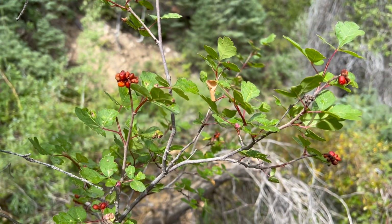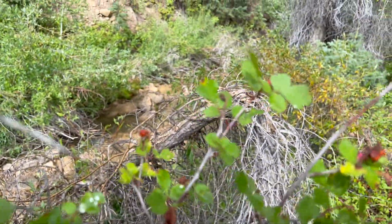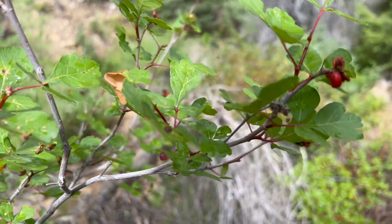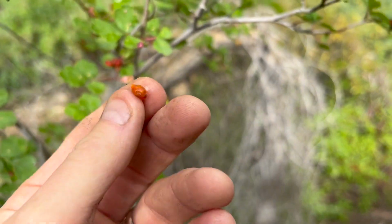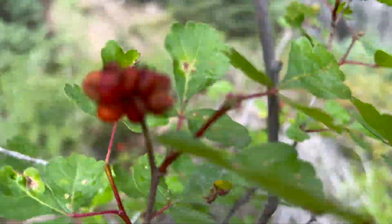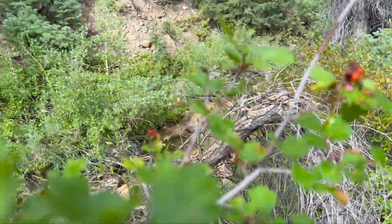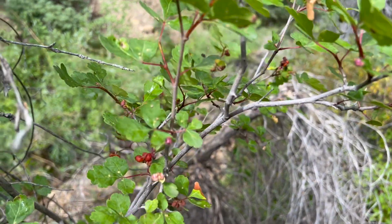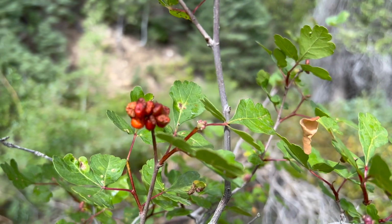It's hard to describe, but it's something like it smells. Let me give it a smell here. It's hard to smell with a sumac fruit in my mouth. Let me take that out again. I've just been chewing on that and nibbling on the edges. And yeah, I mean, it kind of has that smell, but it's a little better than that, I think. Anyway, I'll suck on it until the skin falls off the seed,